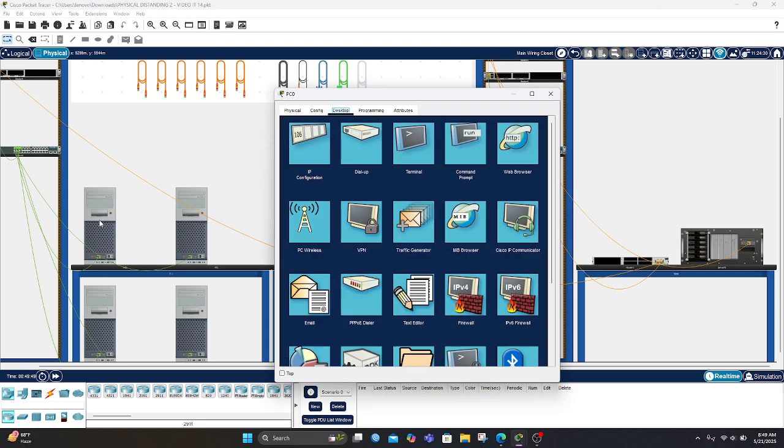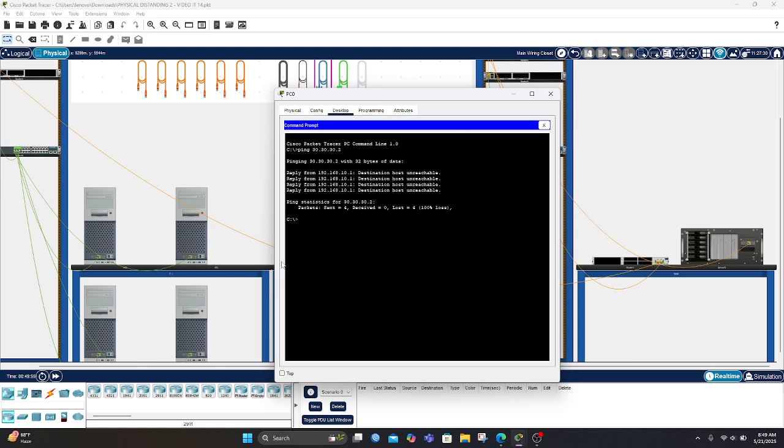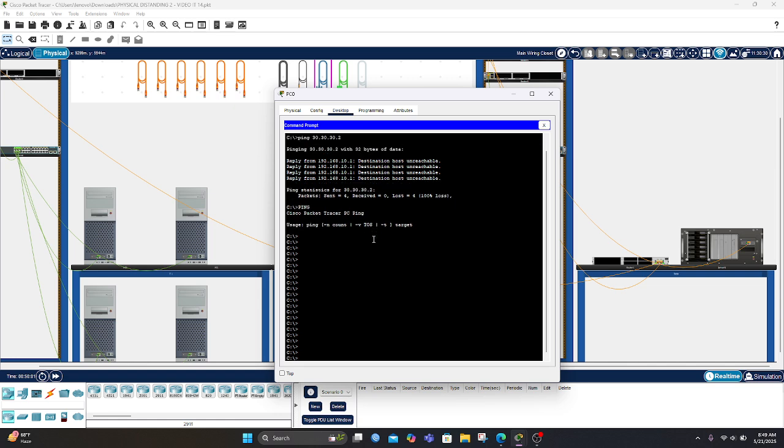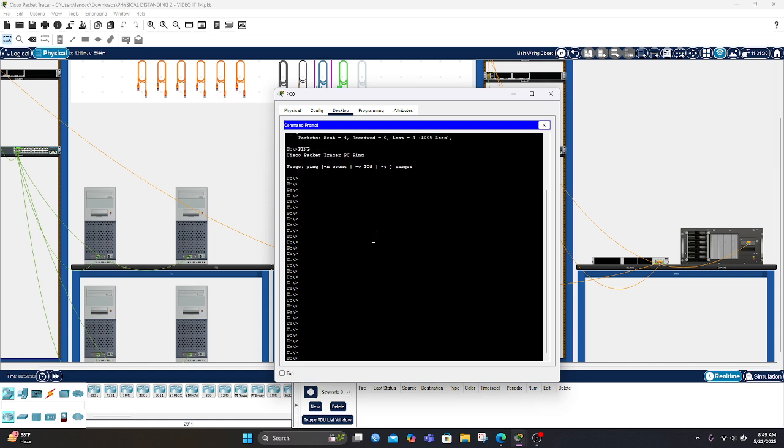Let's ping from PC0 to PC2. Ping 192.168.20.4.